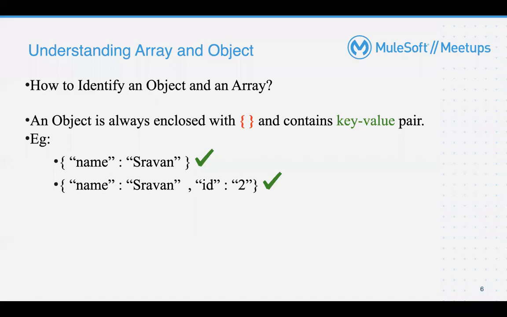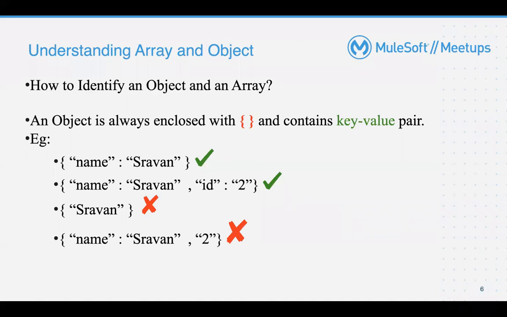This is another valid object. As we said, an object should always be a key value pair. Here you can see there is something called Shravan. I don't know whether it is a key or a value, so this is not a valid object. When it is not a valid object, it is not valid JSON.